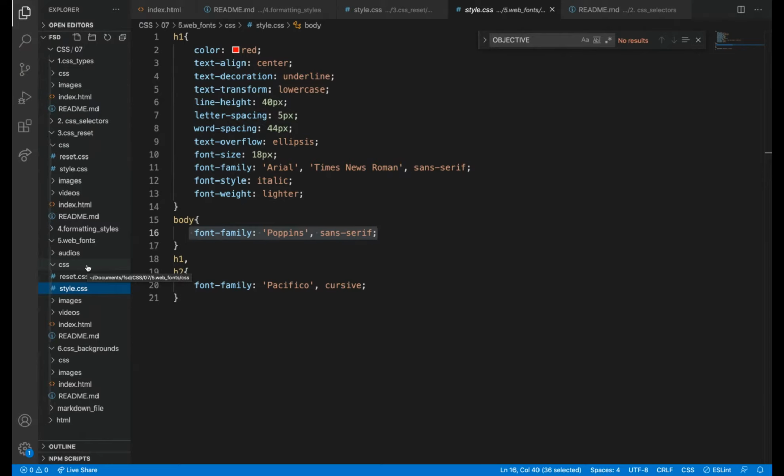It will take effect for all the users if they have an internet connection, but it needs an internet connection. To access a website they need internet connection, right? So they will have their internet connection. It will fetch from Google and the Google Fonts file, and then it will get reflected in our website. I think this is about web fonts.